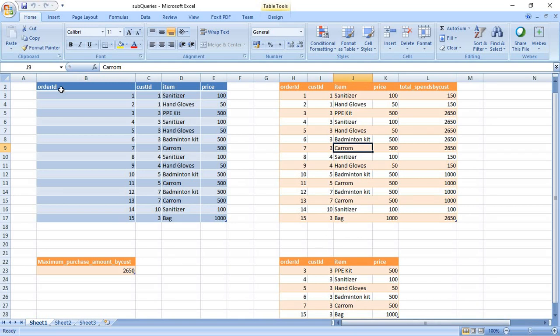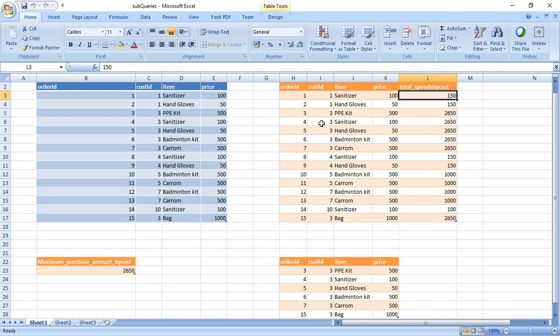The first problem is we want to identify how much amount each customer spent to purchase items. Customer ID equal to 1 has spent, as you can see in this table, a total of 150 rupees to purchase sanitizer and hand gloves.